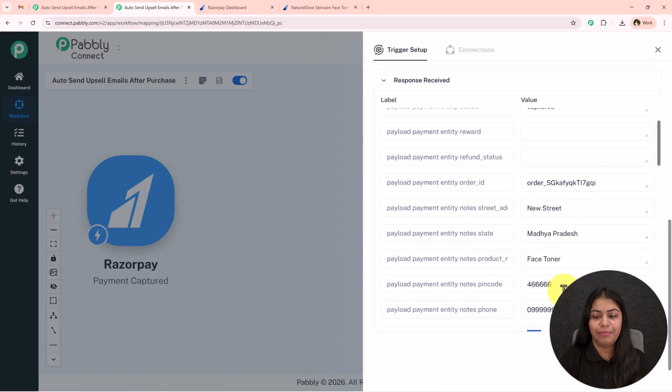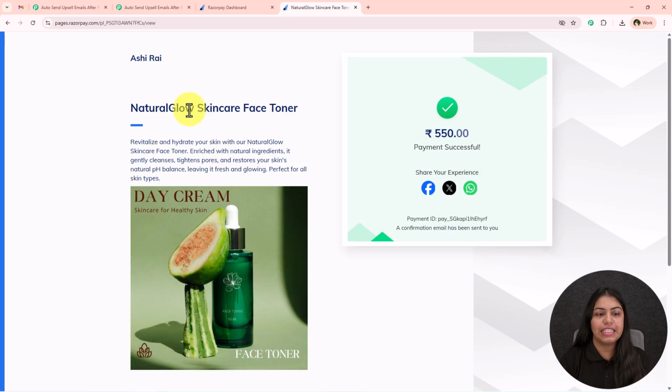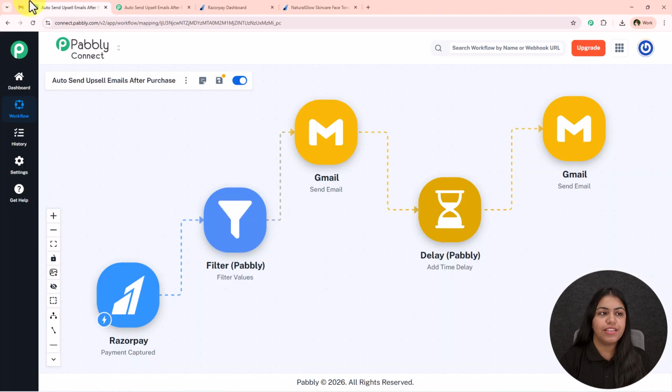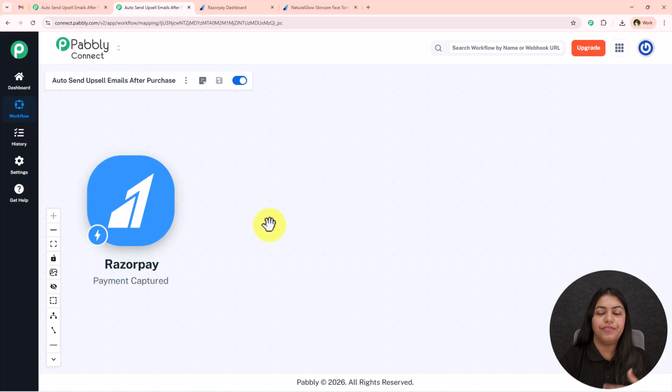Now let's send them a mail. But before we send them a mail, I'll just let you know that I want to create this automation only for a single product, which is this natural glow skincare face toner. Because once someone purchases this face toner, I'm going to upsell them the cleanser, serum and moisturizer. Alright, so what I'm going to do is add a filter condition in this